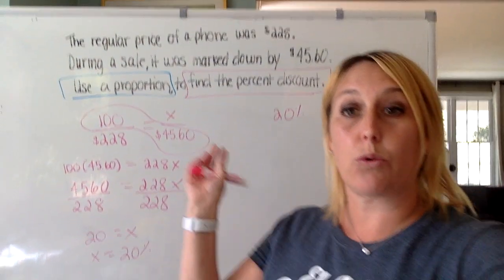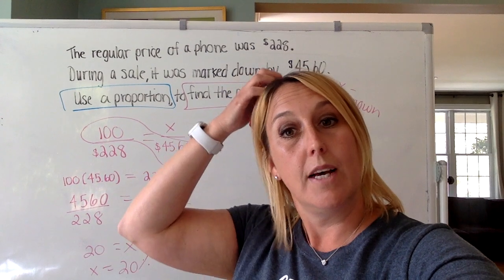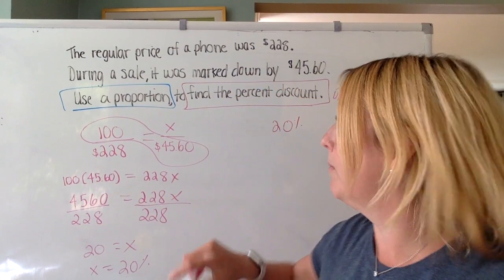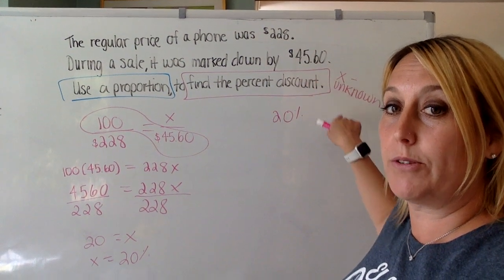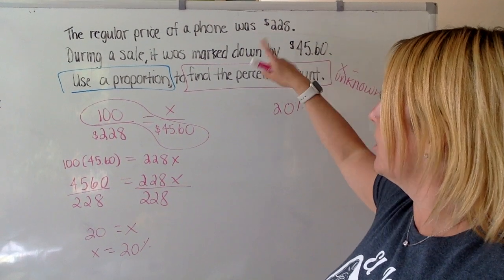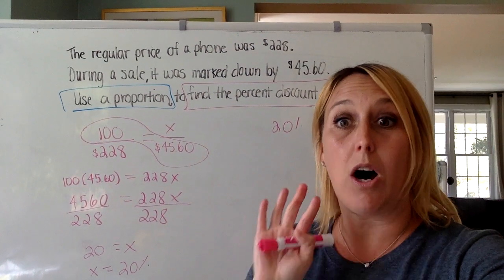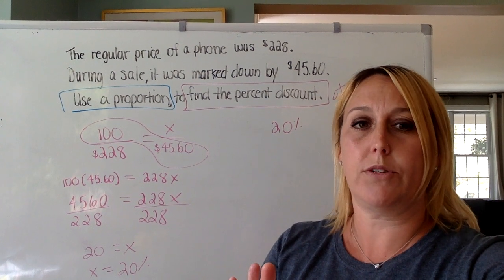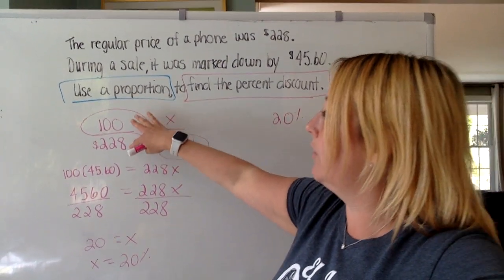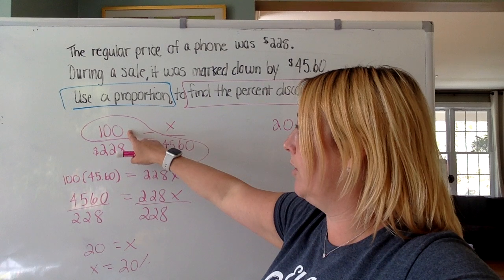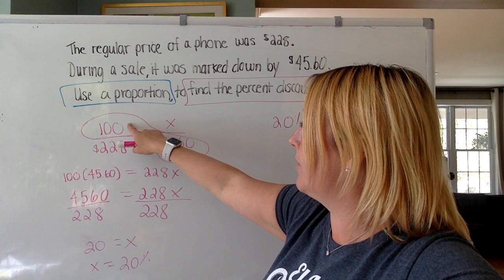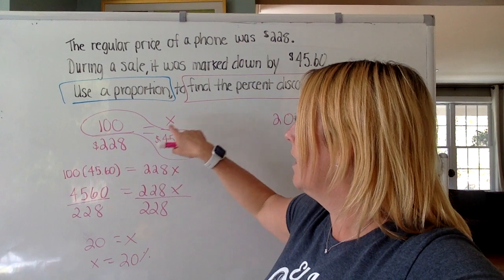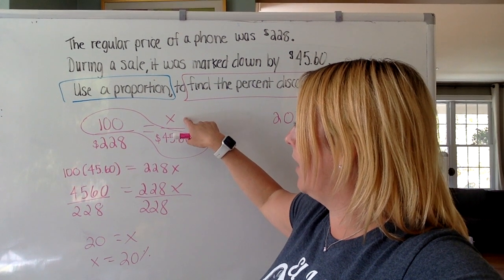So it's kind of like, can you throw more tools in your toolbox to help you tackle a problem? So I'm super psyched if some of you realized how to find the percent discount with the information provided in the question. That's awesome. That's showing me you really understand percents. But I want you to also try to understand this new methodology, which is saying, if I know something at a regular price is 100% is at 228, if I want to find the discount, I can set up a